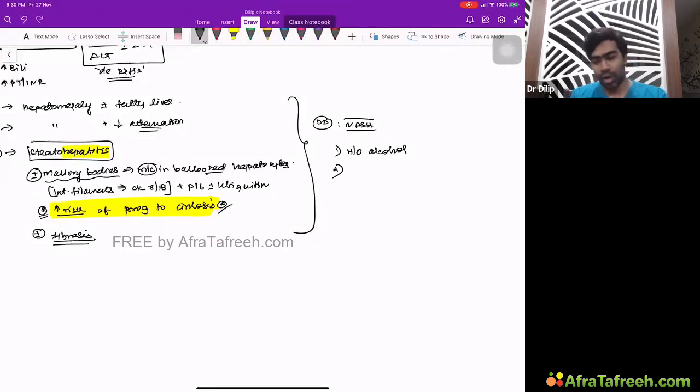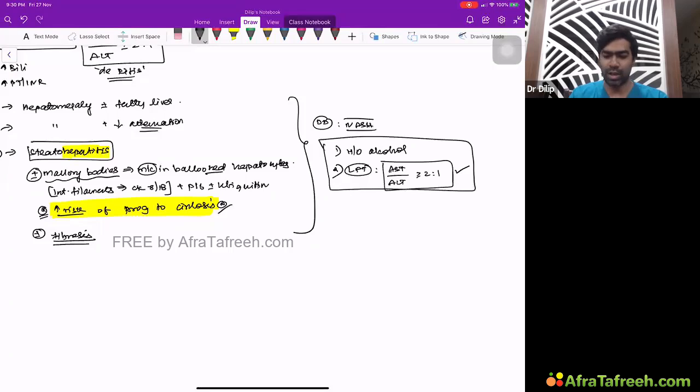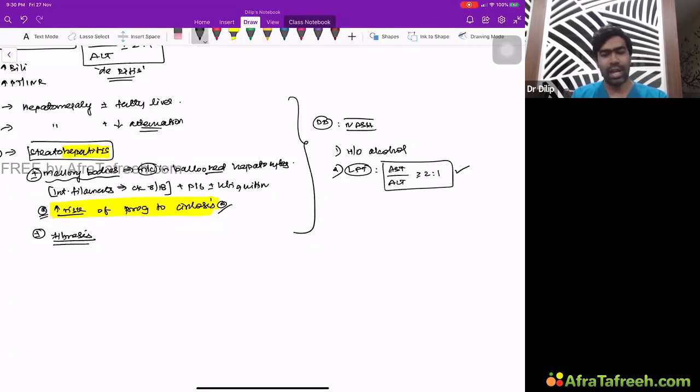And second, one more important thing you need to know is the characteristic LFT, where the AST:ALT ratio will be more than or equal to 2:1, or AST levels more than ALT, which is a very characteristic feature of alcoholic hepatitis. Very, very important. These are the only two things in reality that can tell you it's alcoholic hepatitis and not NASH. Nevertheless, in ultrasound, biopsy, CT, or whatever other investigations you do, you cannot really differentiate non-alcoholic steatohepatitis from alcoholic hepatitis.